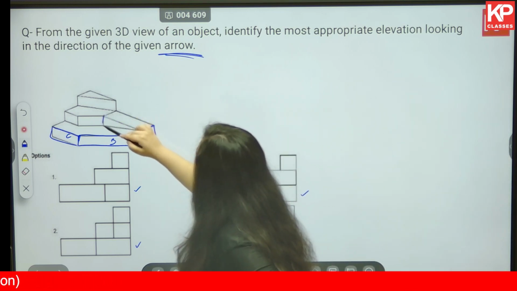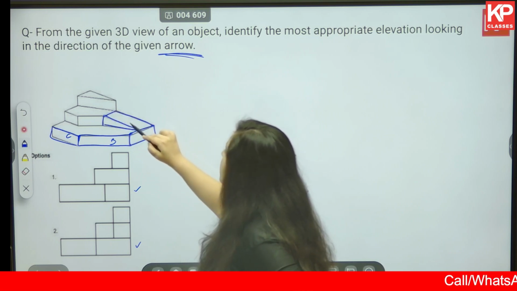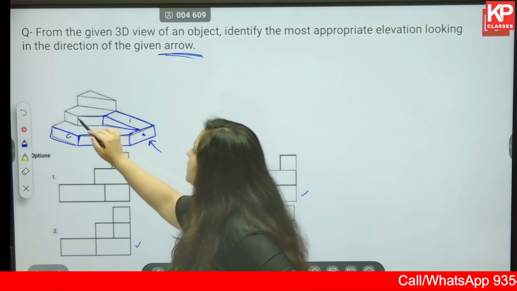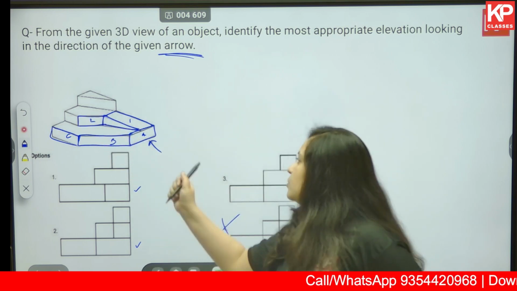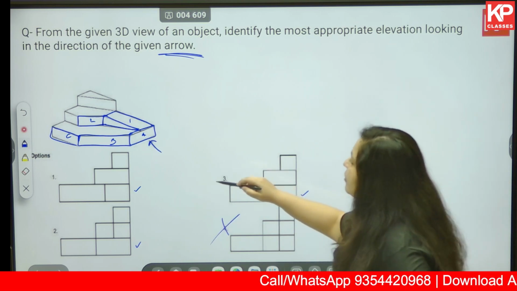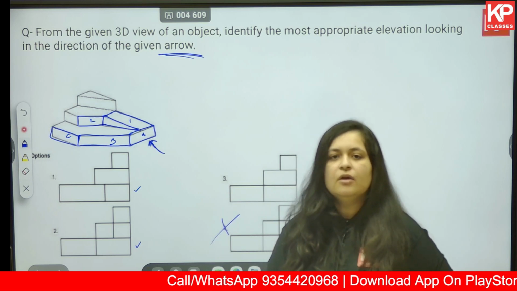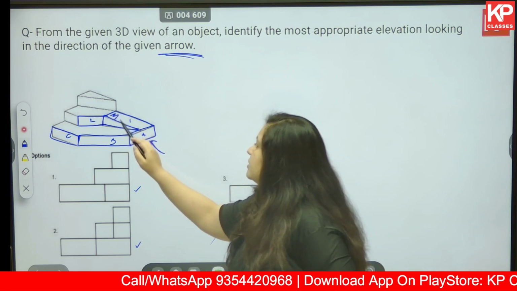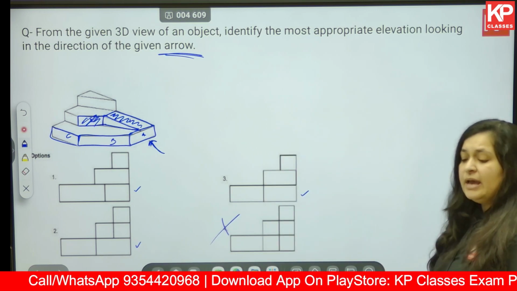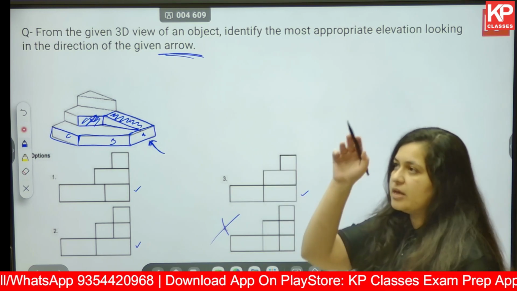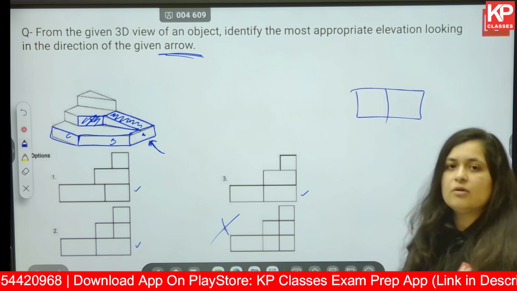Okay, you have this element, let's call it element number 1, and what you will be able to see is this particular rectangle. Okay, this is 1 and this is 2. Now if we are viewing it from this angle, we are not able to see the triangle. What we are able to see is this quadrilateral, that is 1, and we are able to see another quadrilateral, that is 2. Okay, at two different levels, so there is going to be a line in between. So this is something that you will be able to see on the second most level.